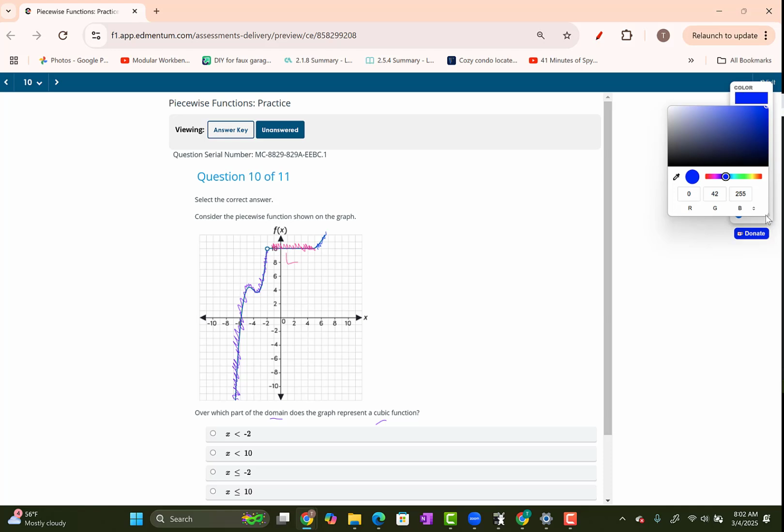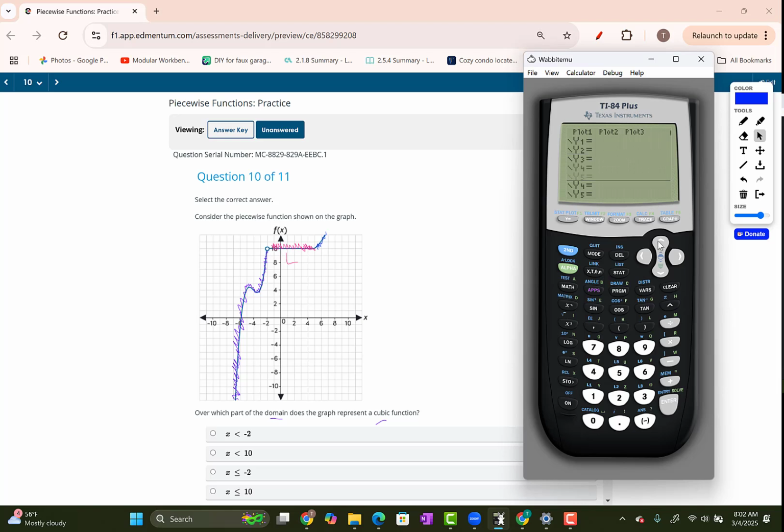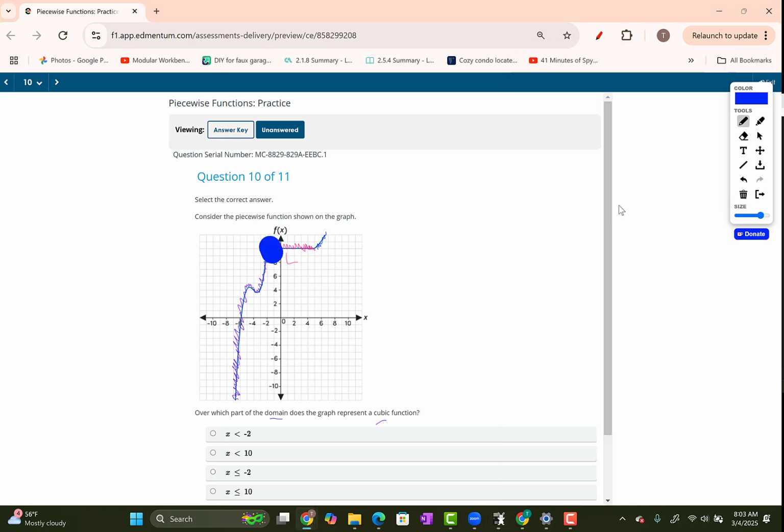We obviously know it's not the flat line because that's linear. But if you're not sure, we can always go to the graphing calculator. You can pick a Desmos calculator. A cubic function just means a function that has an x value raised to the third power. Or in other words, we're cubing x. So to type that in a calculator, we would just type in x and raise it to the third power and then graph to get an idea of what this graph looks like. And you can see it looks like the purple portion that we've shaded here. So it's this portion, whoa,